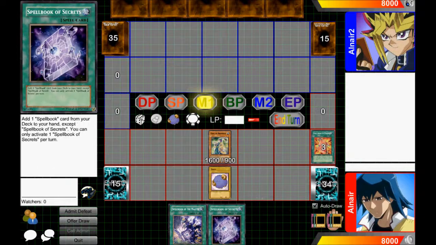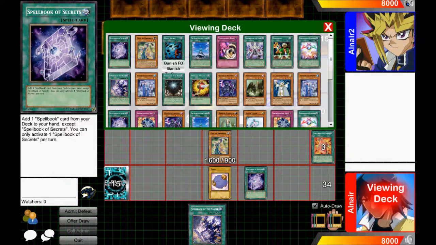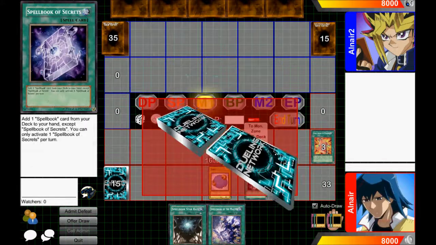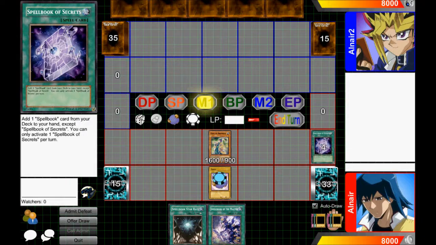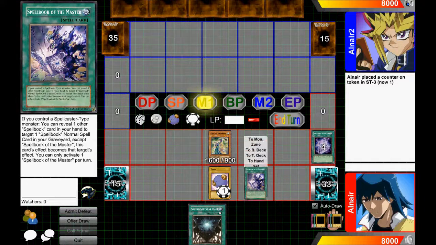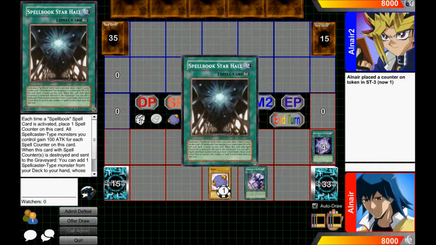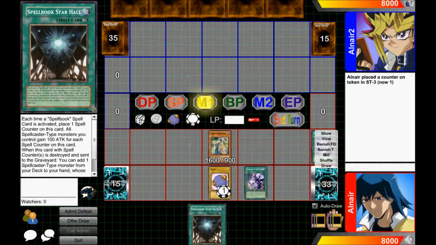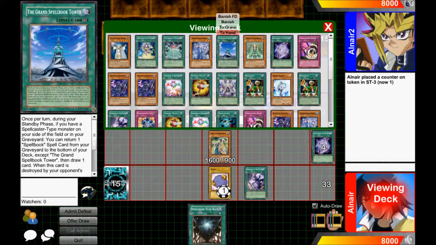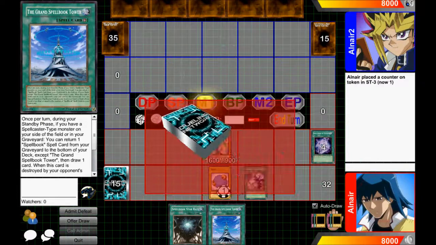And now we'll activate Spellbook of Secrets, and we'll get Spellbook Starhall from our deck. And we'll place a counter on the token, and now we'll activate Spellbook of the Master, and we'll fill our Starhall, and we'll copy Secrets in our graveyard, and we'll fetch the Grand Spellbook Tower from our deck, and we'll place a counter on the token,